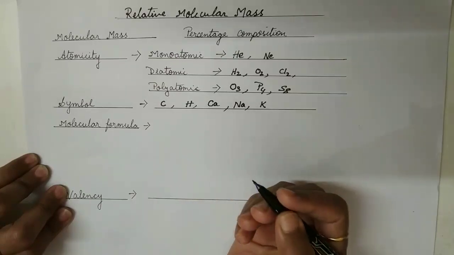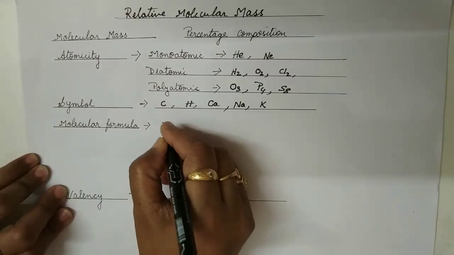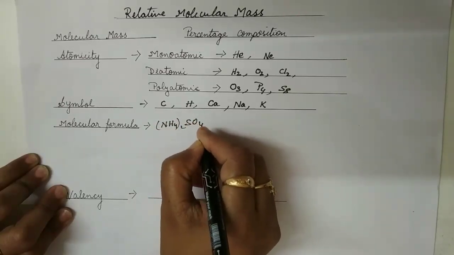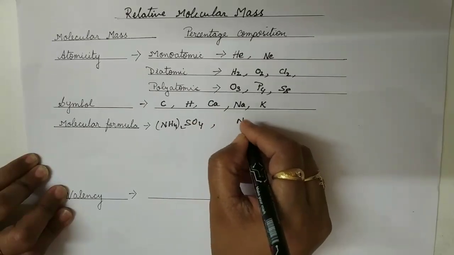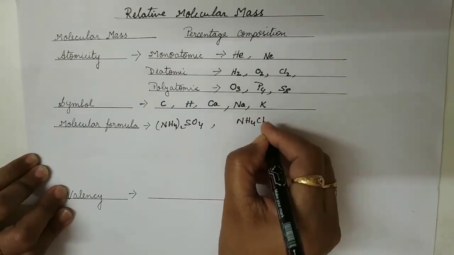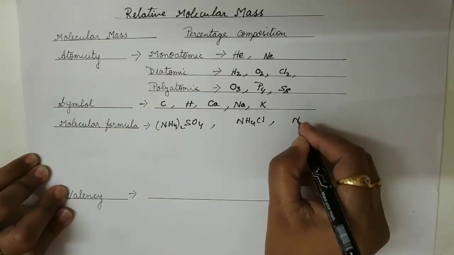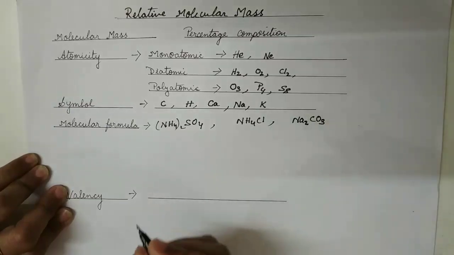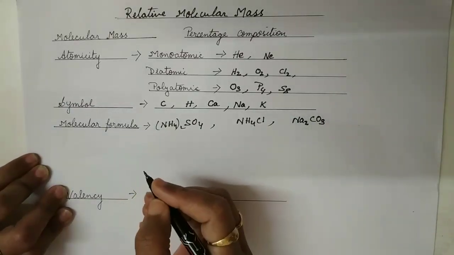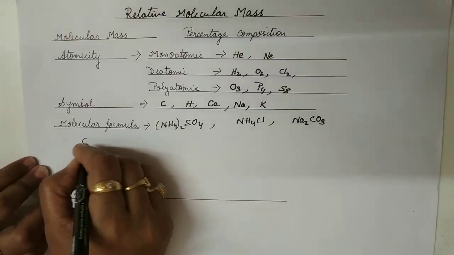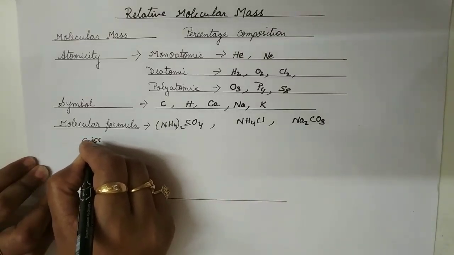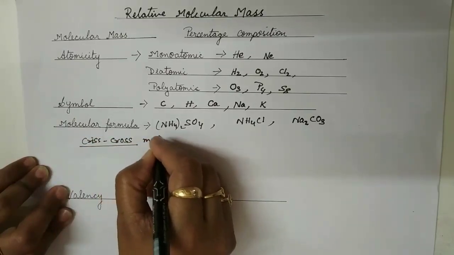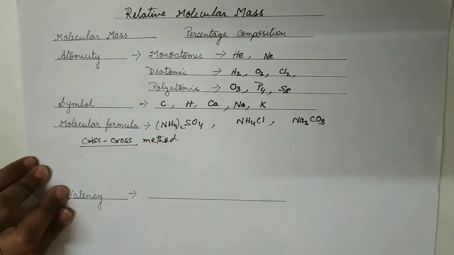So, if I take examples like ammonium sulfate, ammonium chloride, sodium carbonate. And if you remember, you were taught by which method, if you can remember? It is the Criss-Cross Method, where what you did,